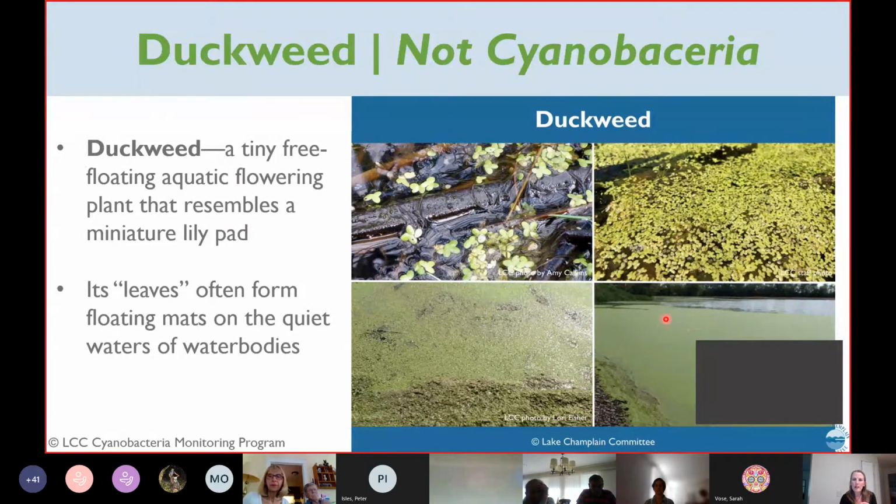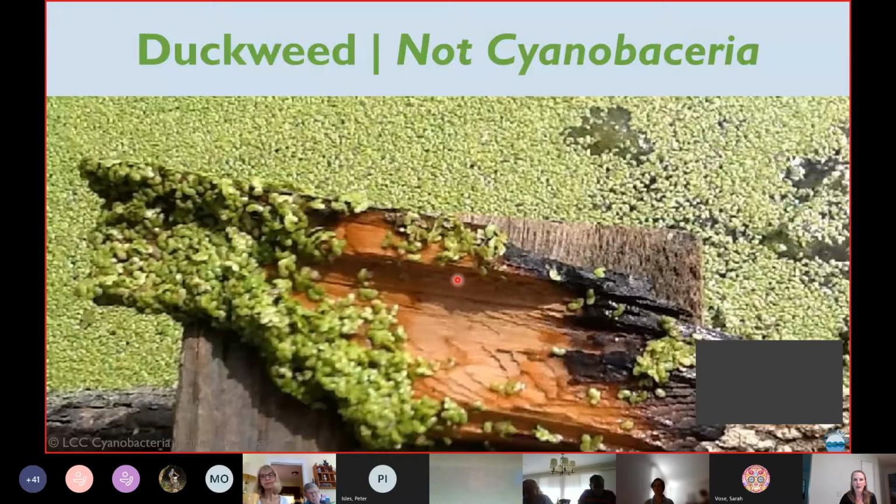One way to help differentiate it, if you see this from a distance, is that cyanobacteria is generally going to have a more fluid edge, not this table-like presentation where it just ends. As you get closer, you'll be able to see that leaf-like structure, that plant matter. Cyanobacteria doesn't present like that. It's not a plant. It doesn't have that leafy structure. And when you're seeing cyanobacteria, you're not seeing anything individual. You're seeing these microorganisms coming together once they're visible to the eye.